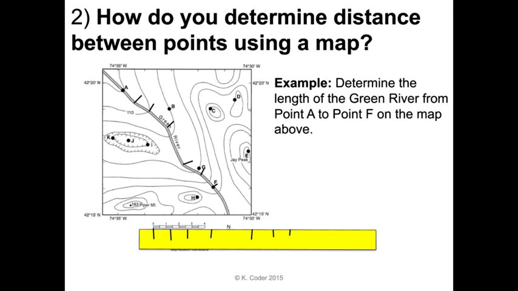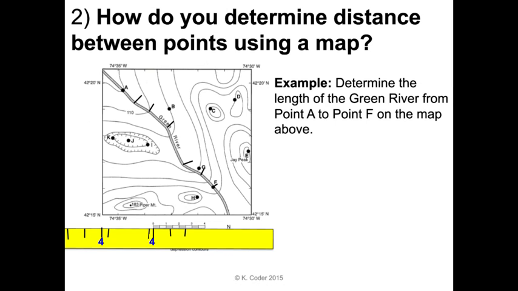So we're going to first mark 4 kilometers. Then we're going to slide the piece of paper to the left. We're going to mark another 4 kilometers. So we're at total, we're about 8 kilometers now. And then we're going to move the paper a little bit to the left again. And we see that we are about between 2 and 3 at about 2.5. So what we're going to do is we're going to add 4 kilometers plus 4 kilometers plus 2.5. And the total distance, curved line distance of the Green River between A and F is going to be 10.5